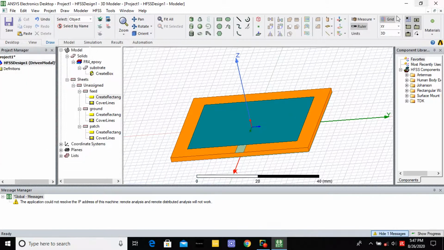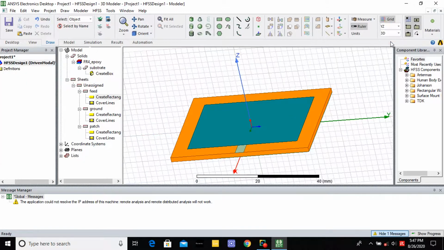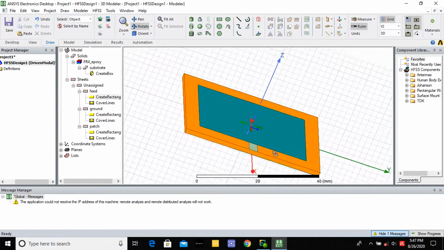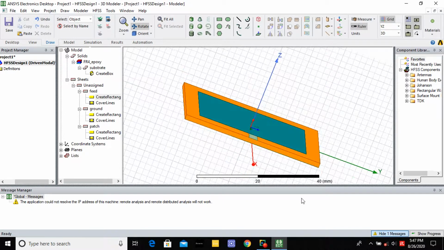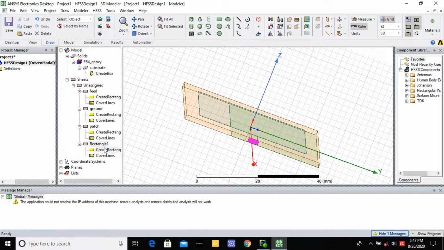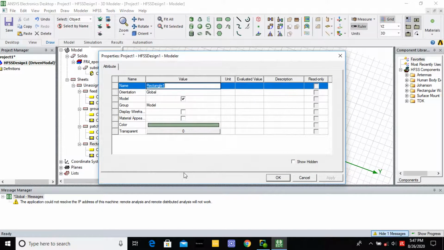Before selecting the rectangle, you select the YZ axis. Why? Because I am going to draw in the Z and Y axes, not XY. Here you select YZ, then you go to rectangle. Here you select rectangle. Then here you give port.